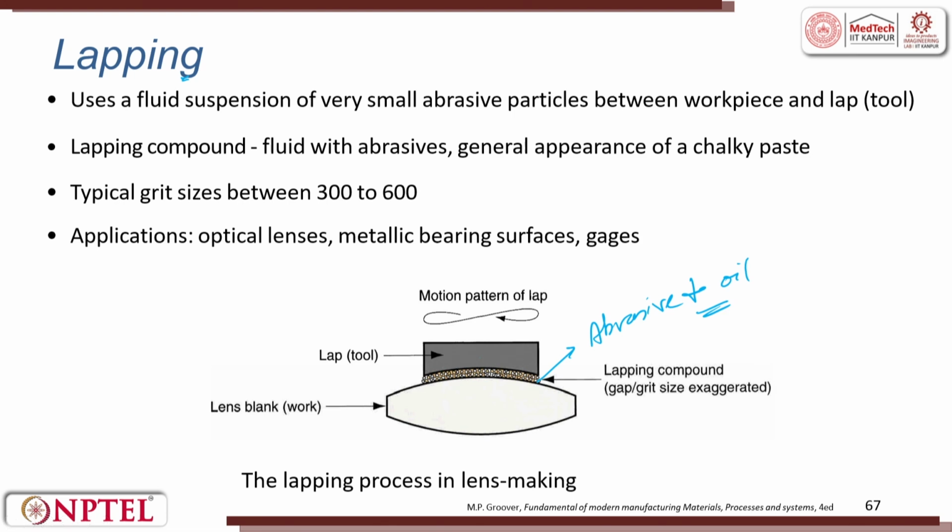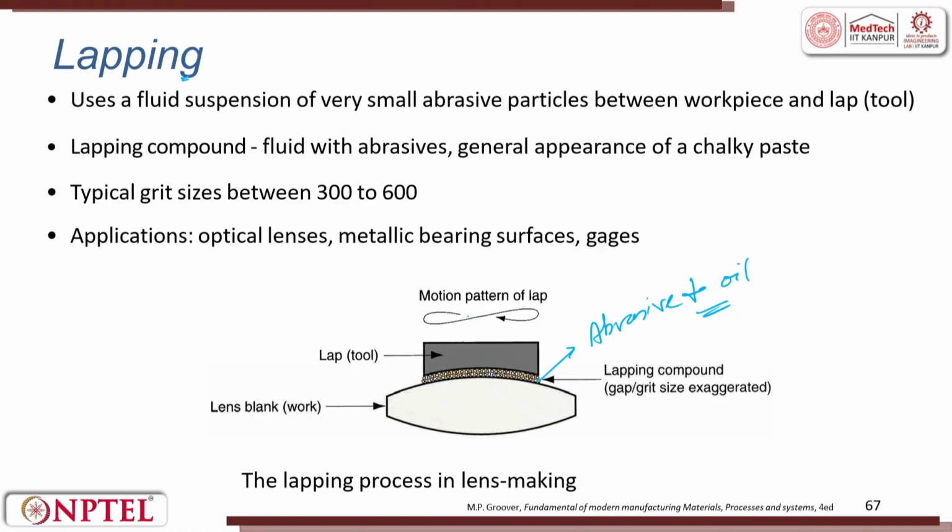and now you have a lap which does not have any abrasive, which is a tool on the top. Then you have something like mud-like particles which are abrasive particles. So, now mud is there, then you have a lap, and then this mud is held by some media. So, it is all attached to each other. Now, you try to use the lap and then try to finish the surface. So, you can try to create a figure of 8 pattern to generate a flat surface.